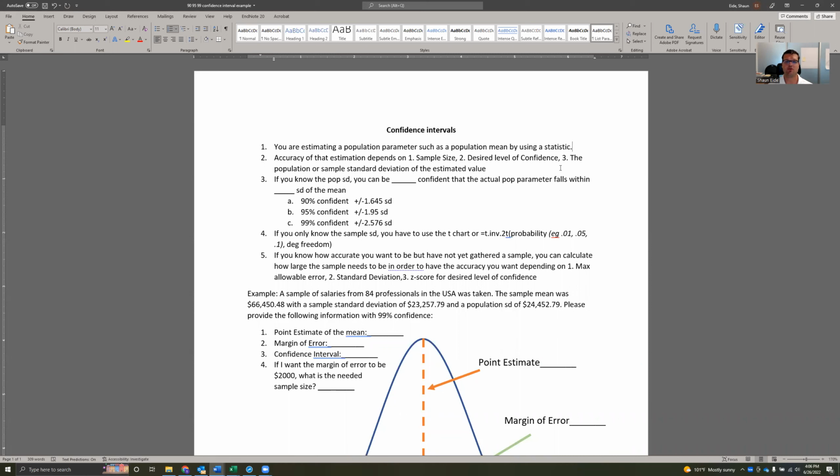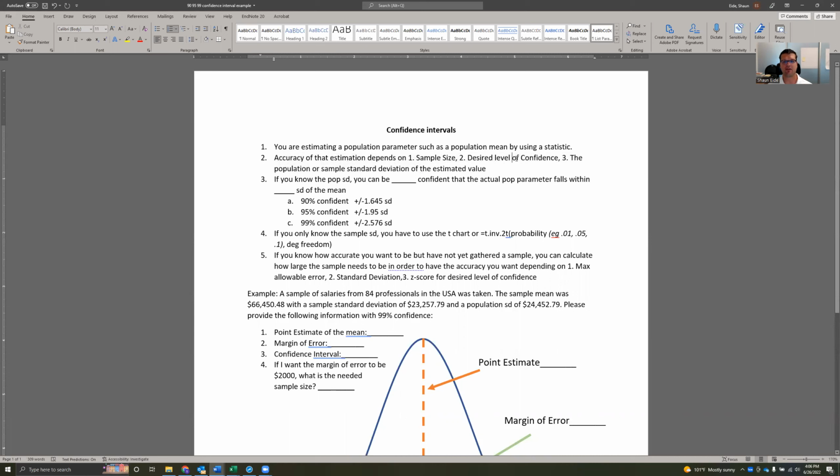But right now we're going to do population means and population proportions. So for population mean, the accuracy of that estimation depends on three things: